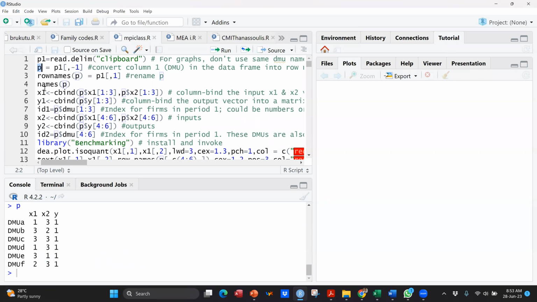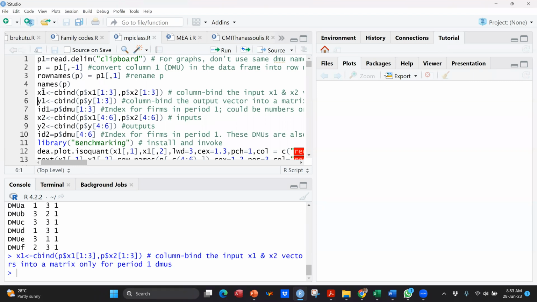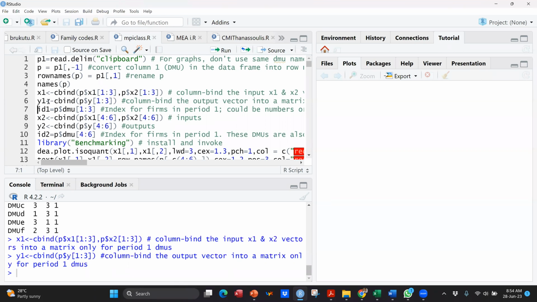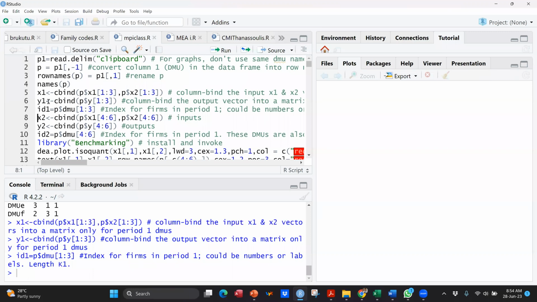All right. Now we create an input matrix, okay, that is in year 1. So I'm calling it X1. That's an input matrix in year 1. And remember, it is a column bind of the X1 and then X2, the input 1 and input 2. So this first X1, the 1 here is year 1, but then the 1 here is the name of the input 1. So take note of it. And then the Y1 is the year 1 output. And then I can create the year 1 DMU,